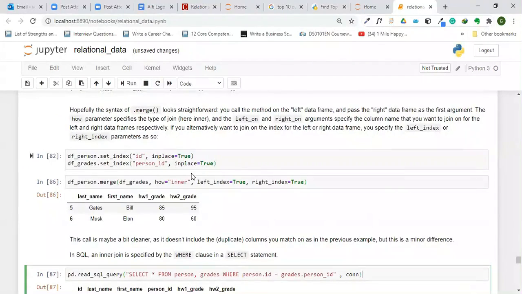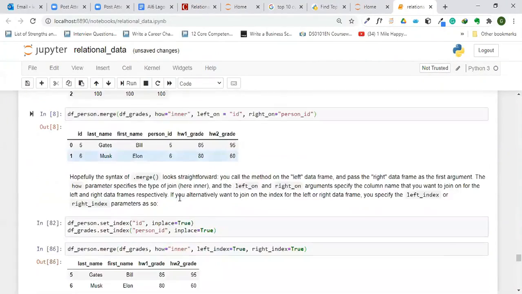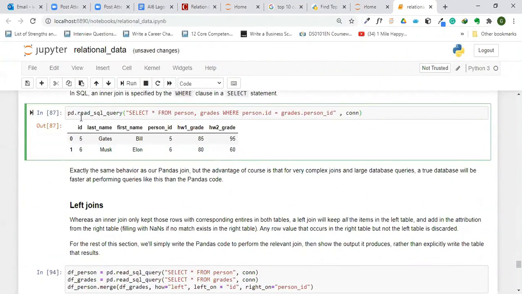Now this is using pandas. We've done it with pandas, now let's do it with SQL. So what we are doing in this case is creating a data frame by running a command in SQL whereby we join the two tables together. We said select all from the persons table and the grades table, where persons.id is equal to grades.id. As you can see, it creates that same inner join,